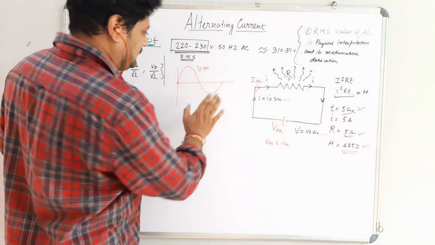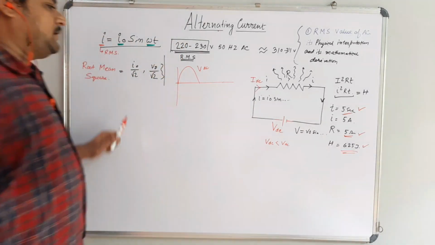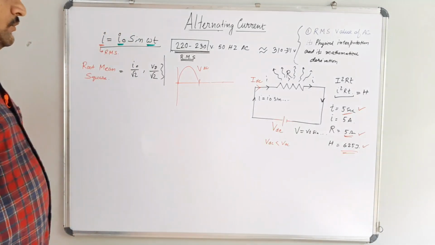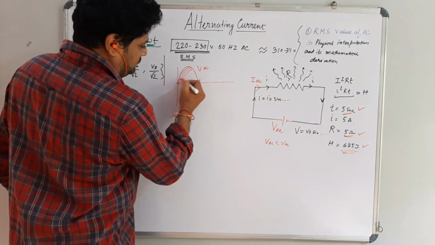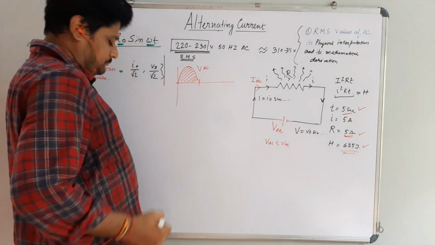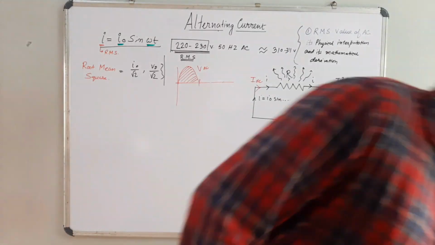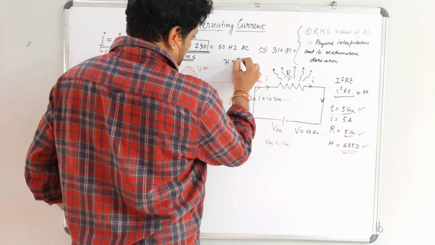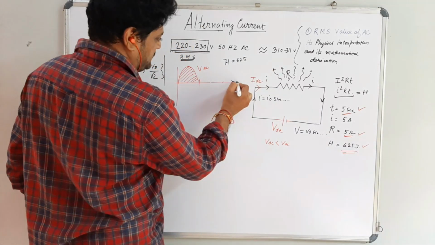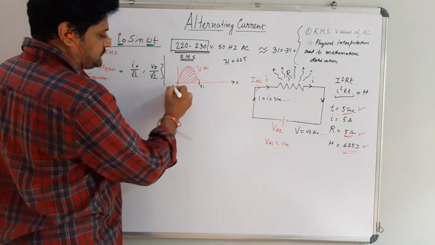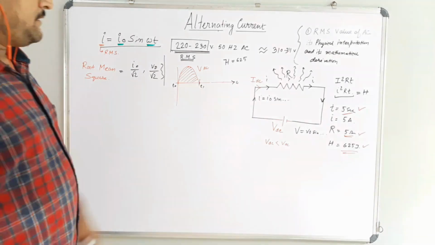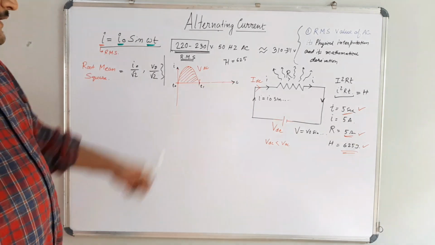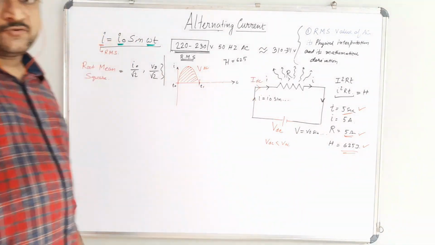Now you can take the upper positive half cycle. This is the effective value of that VAC. Now due to that VAC, some heat, that is 625 joule of heat, is produced. This is time T0 to T1, at a constant resistance R, I is flowing through it, and due to that I, 625 joule of heat is produced.